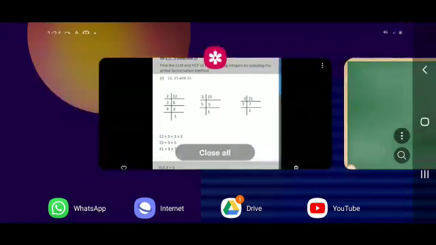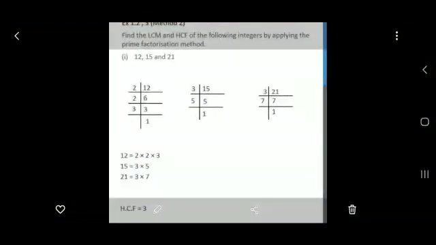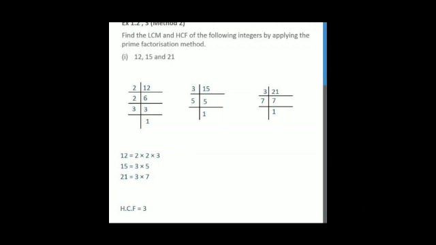So here three numbers are there: 12, 15 and 21. Use prime factorization to find the factors. Prime factorization is important. Study it now itself, children. If you have any doubt, please ask. Try to solve your problem today itself to do the prime factorization. Otherwise it will be a burden for you.